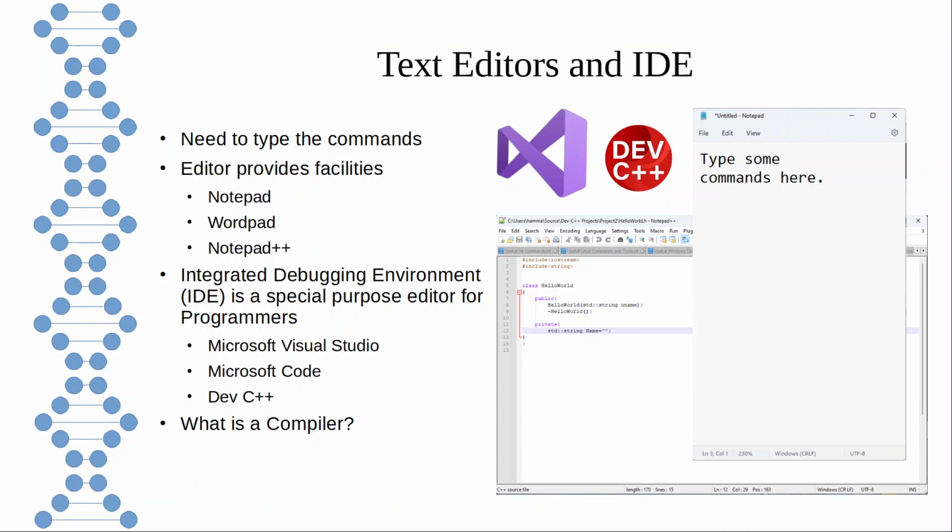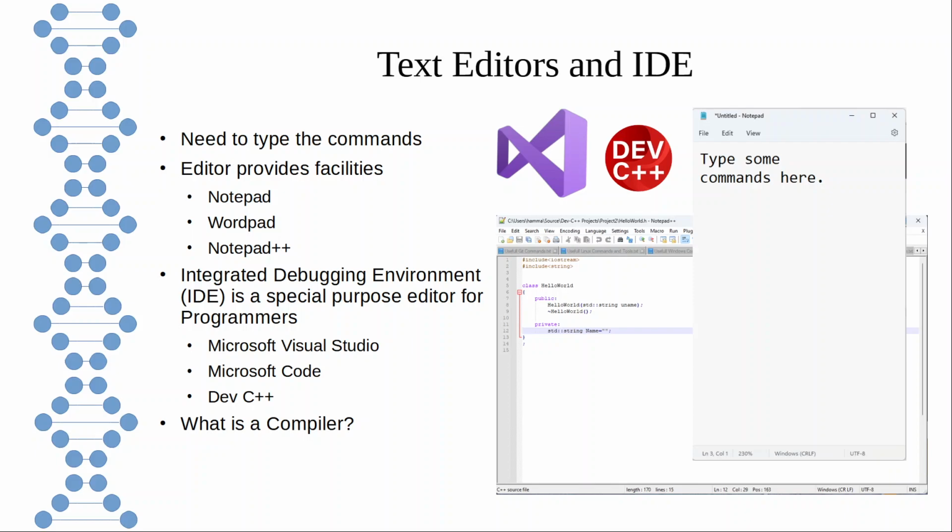But having said that, there is an issue with ordinary editors, which would be especially important for new programmers: these ordinary editors do not provide any help, even for experienced programmers.